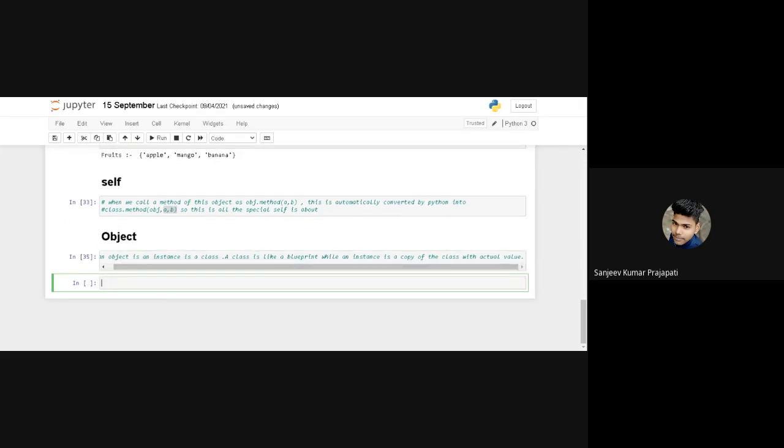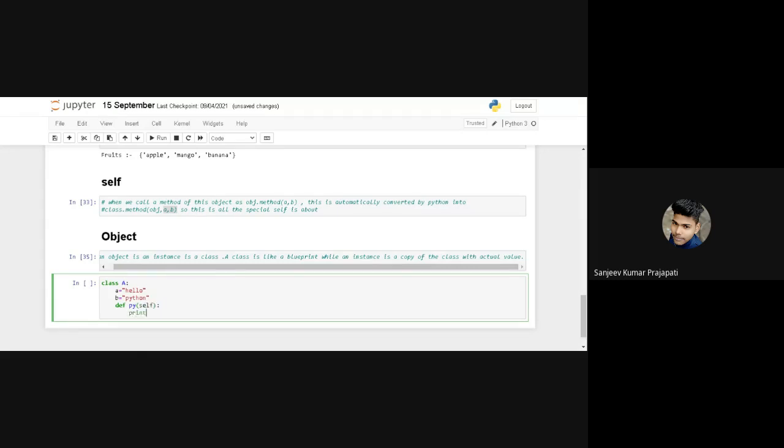I'm creating another class. a equal to hello, b equal to hi, and a def function contains one argument, self, and I want to print first I am self dot a.